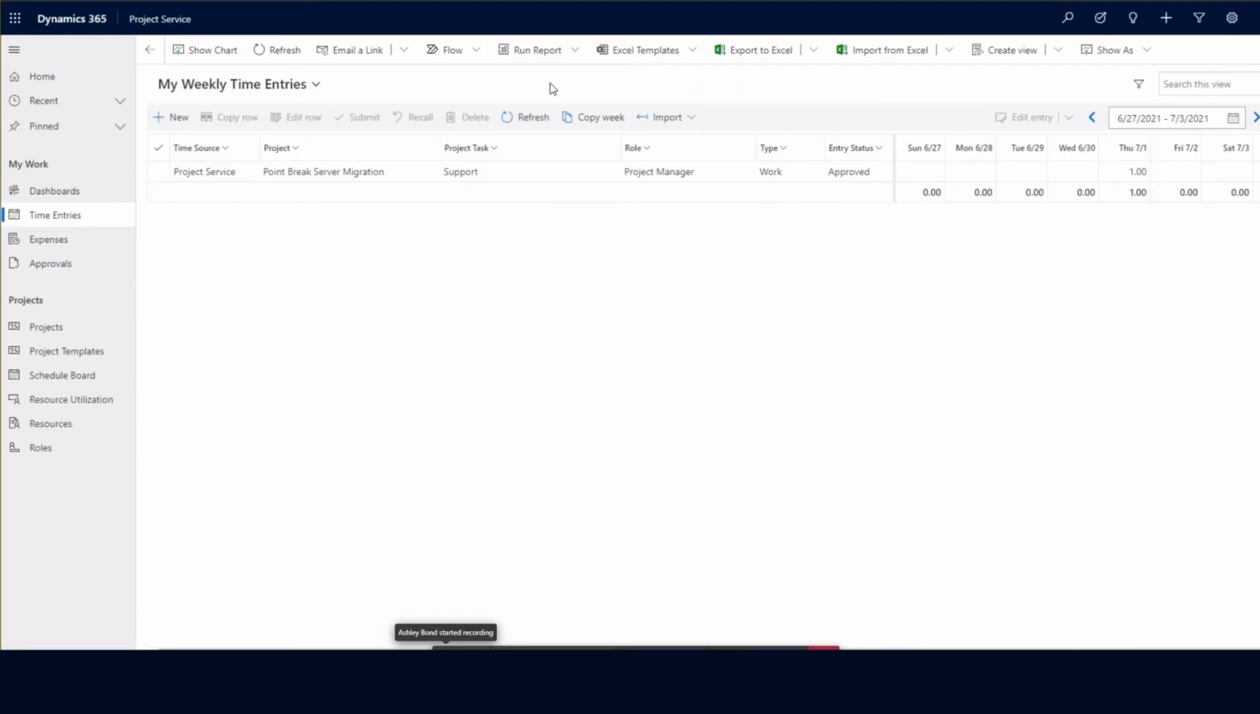In this section, we're going to go over how resources enter their time for a specific project and project task. So where we're looking at right now within Project Operations is the time entries table. This is where a resource can enter their time that they've worked on a specific project and project task. In order to do this, resources can click on the plus New button,